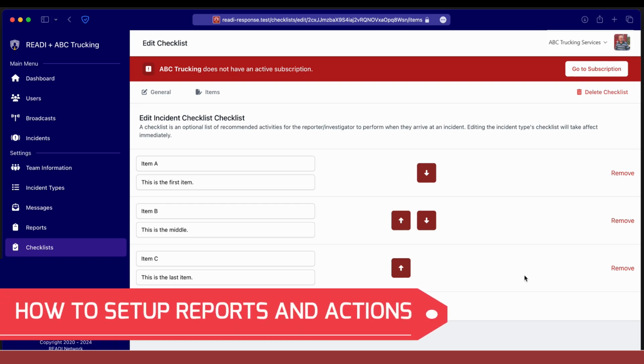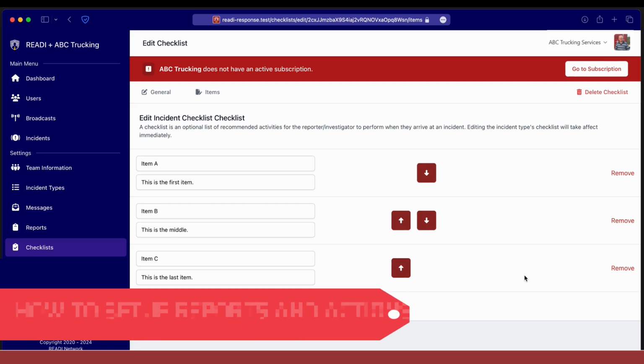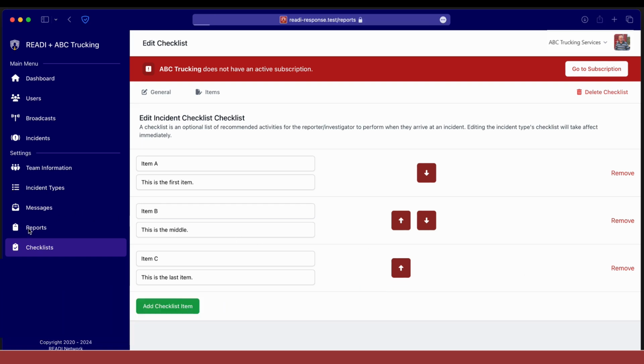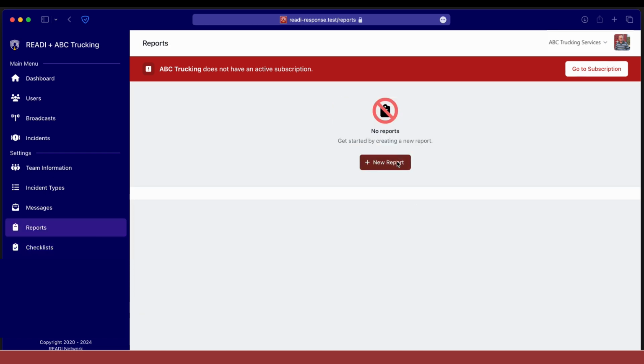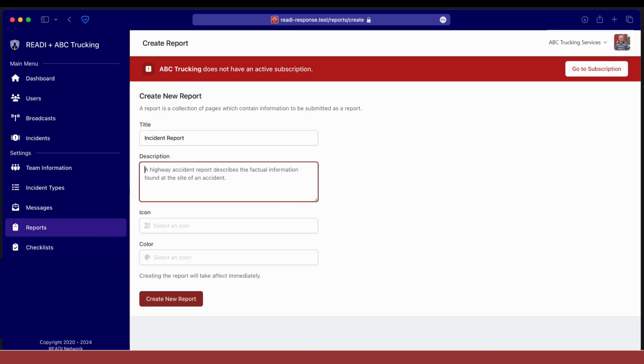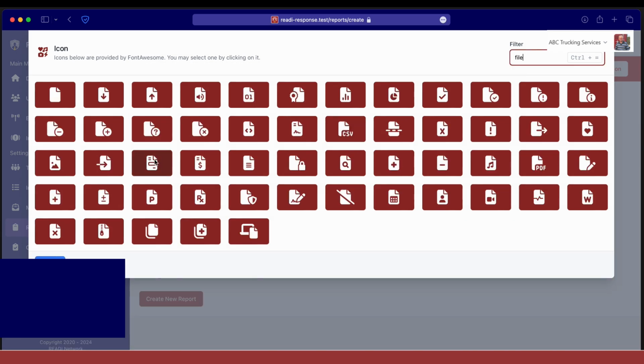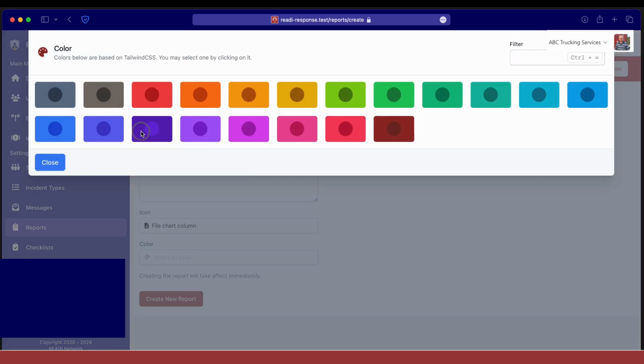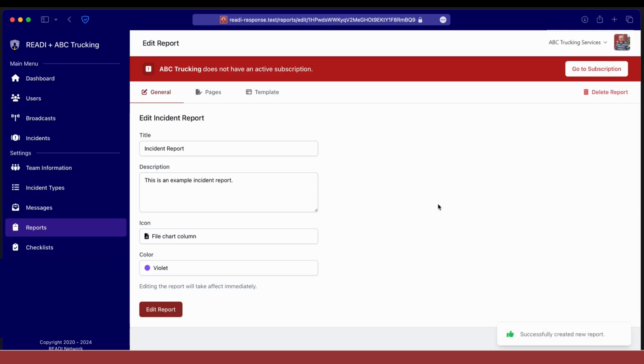Now that we have a completed checklist, let's create a quick report. We'll tie it all together using actions. First, let's create a report. Similar to creating a checklist, we set some basic information about the report, and now that we've created the report,